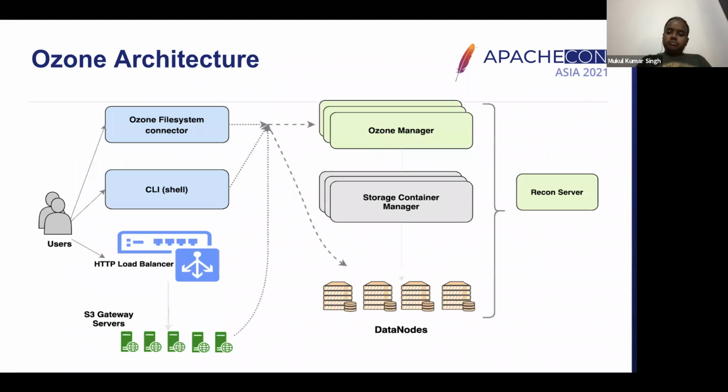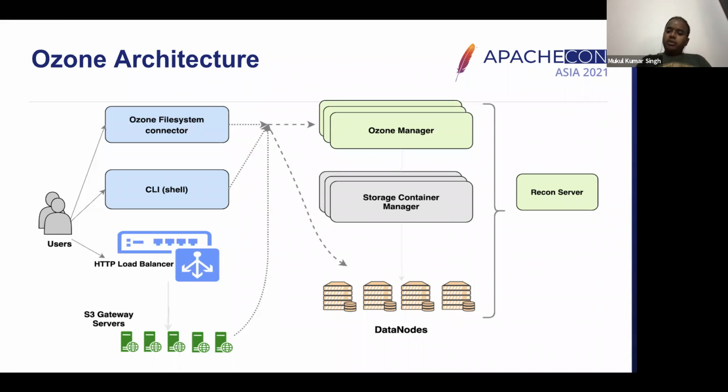Okay, so going a little bit more into the architecture, about what are the moving components. I'll start from the right. If you see on the right, you have something called the Ozone Manager. Ozone Manager is our namespace manager, and this actually manages the name to block mapping. So anytime you create a file or you want to do a listing of the files in the system, all of your calls go here, and this is where the name metadata is.